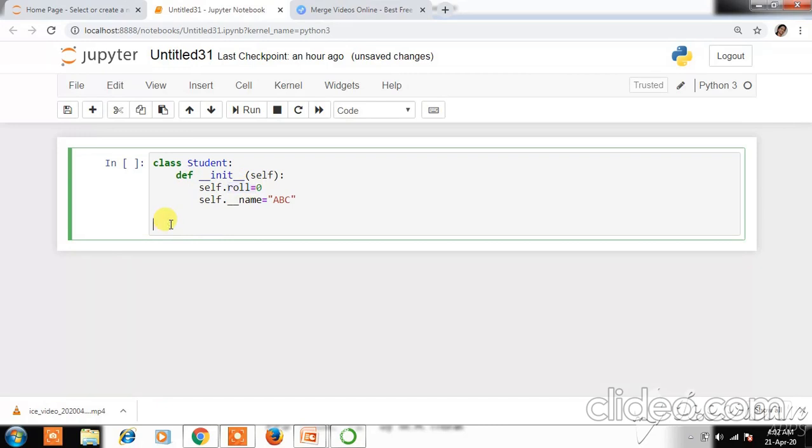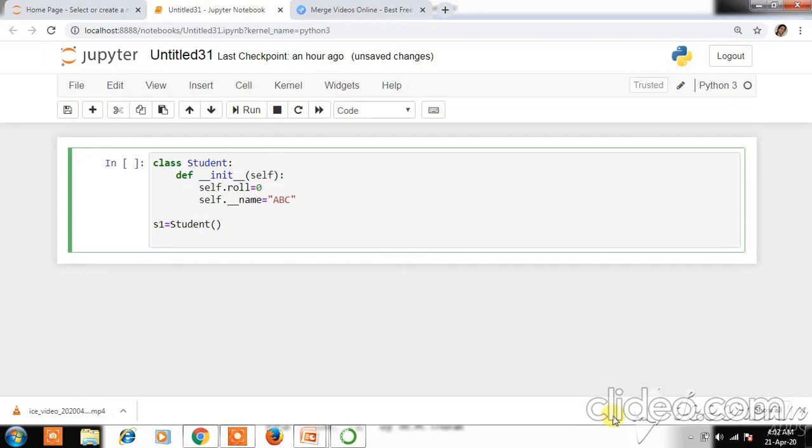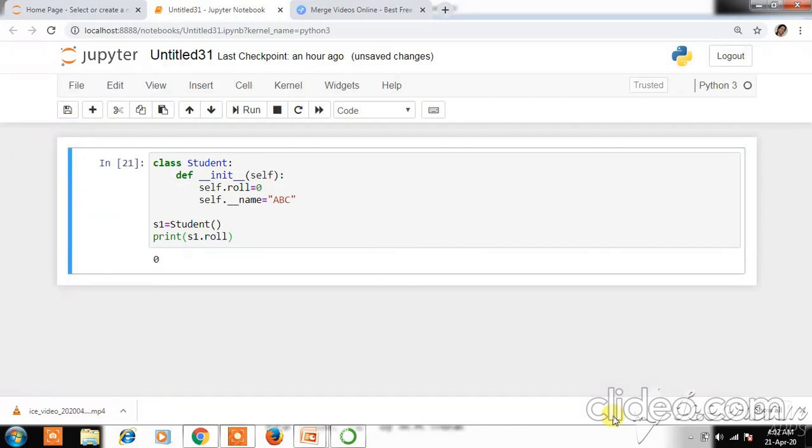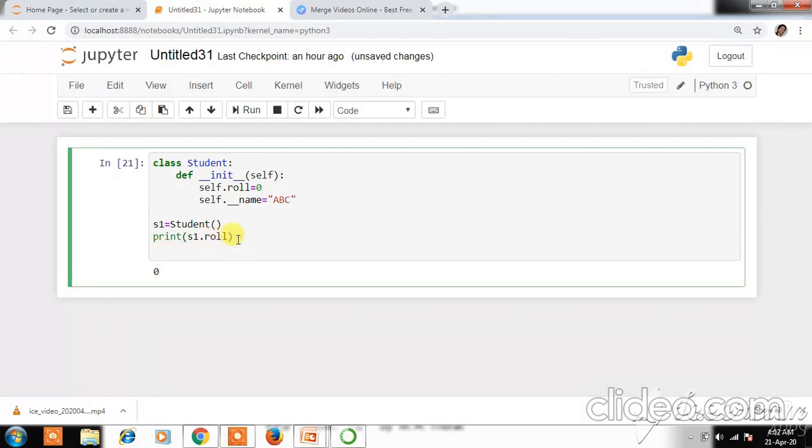So how to do that? First, create an object of the class. We'll say s1 equal to student. After creating the object, simply say print s1.roll. This will display the value of roll, which is 0. Next we want to display the value of name.